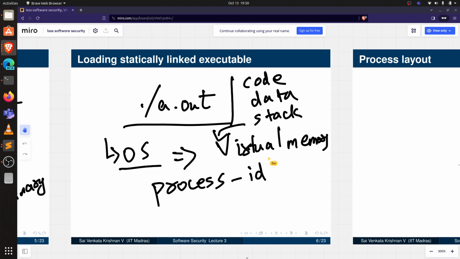So basically the operating system will start a process and give it a process ID. It will create a virtual memory and map all these code and data segments into the virtual memory. Okay, and after doing this, it will pass the control